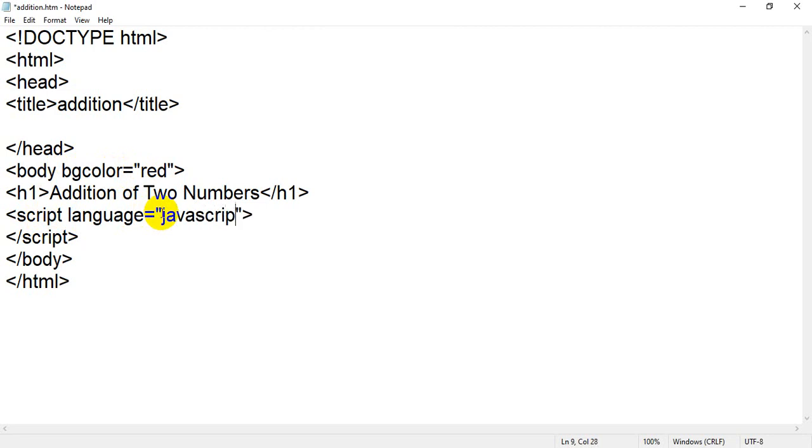I will write JavaScript. Again, students, I am saying JavaScript is a single word. Don't write Java and script separately like this, that is not correct. You have to write JavaScript like that. JavaScript is a single word. Okay,